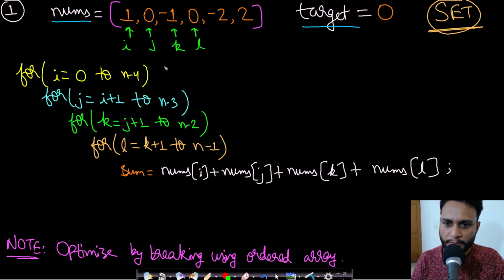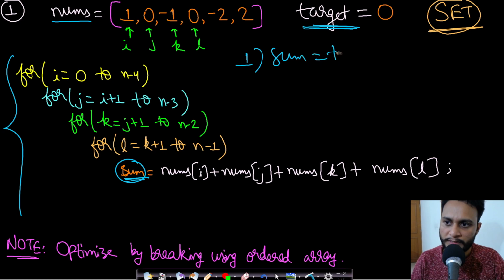Okay. So this is basically the simplest approach where we will take 4 loops, and then inside the 4 loops, we will find the sum value. Now if sum value is coming as equal to the target value, then this can become a valid quadruplet. But we are not actually sure if it is valid because validity doesn't only mean that the sum should be equal to target. The first criteria is sum should be equal to target. Okay. The second criteria is all i, j, k, l should be different. Okay. These all should be different.